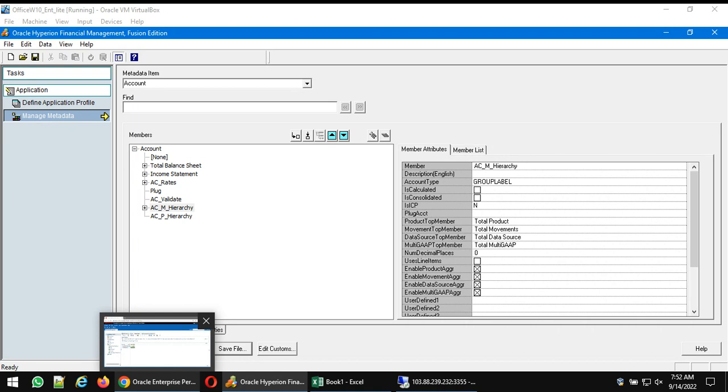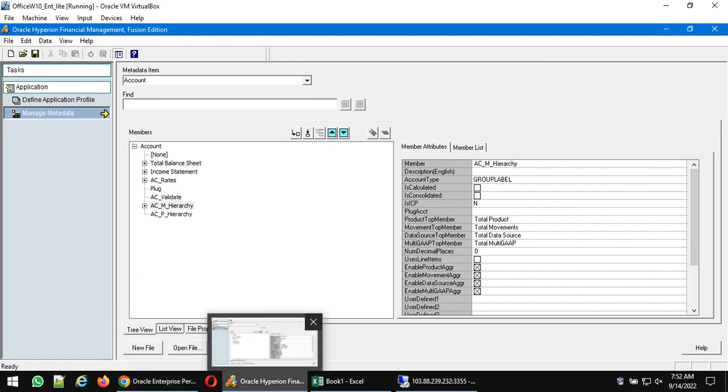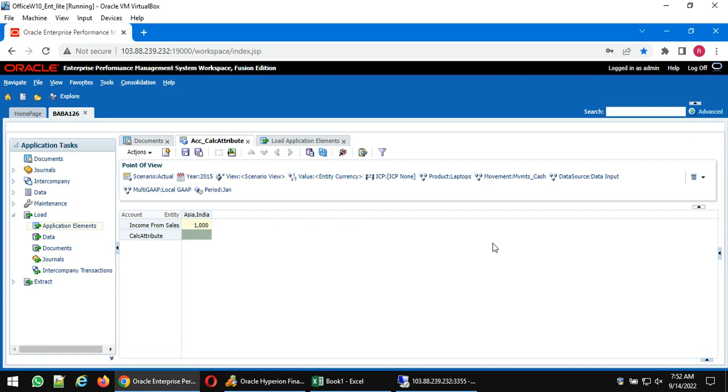Can anybody tell the account dimension? Jeevan, can you try account dimension? Member description, and then account type. In account type, we have 10 account types: asset, liability, revenue, expense, flow, balance, currency rate, group label, balance recurring, and dynamic. After account type is calculated, is consolidated, is ICP, plug account, and then